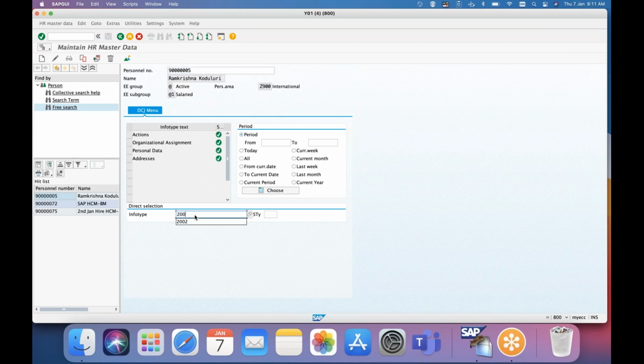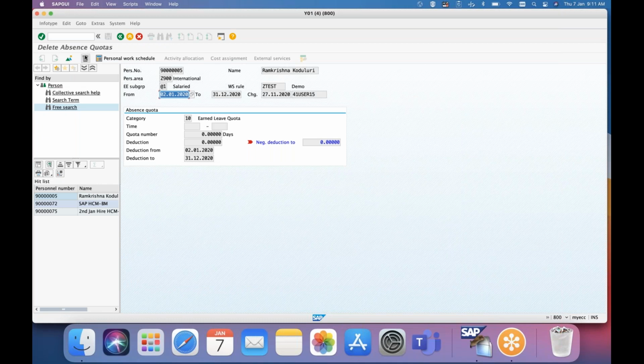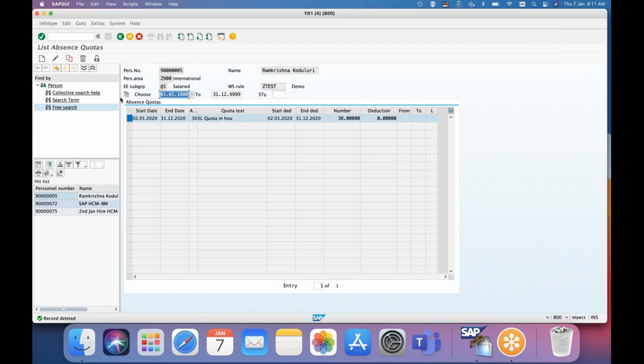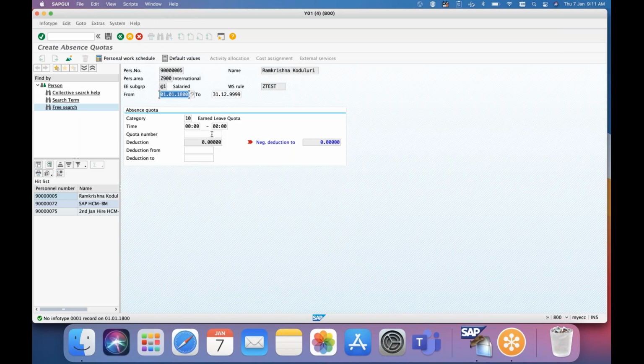Now let me first delete all the quotas. I'm just deleting whatever quotas I had. Let us say you are creating the quota type, so you can maintain whatever number you want from a date.